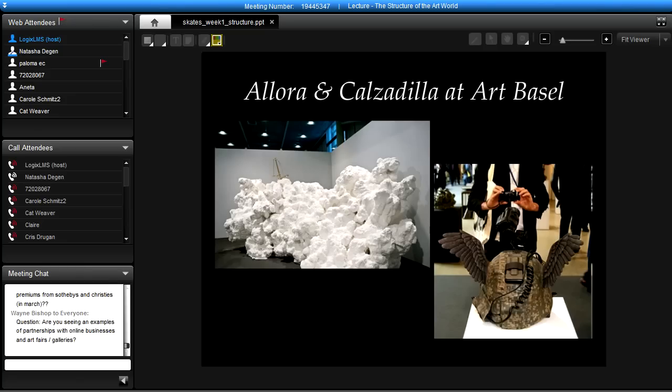Okay, let's move on to: would dealers rather sell to museums and foundations over collectors? I'd say on the whole, yes. Dealers would much rather sell to MoMA than to most collectors. Of course, there are exceptions, and certain dealers will very much cultivate a strong relationship with certain collectors. There are collectors that may constitute the bulk of a dealer's income, and thus they would get preferential treatment. But still, on the whole, if you can sell an artist's work to a major museum, that obviously does very, very positive things for an artist's career.